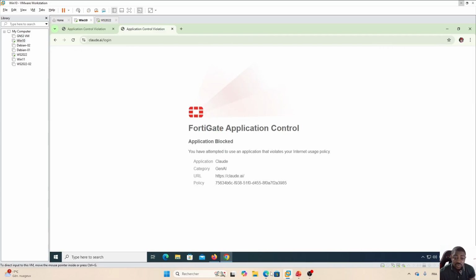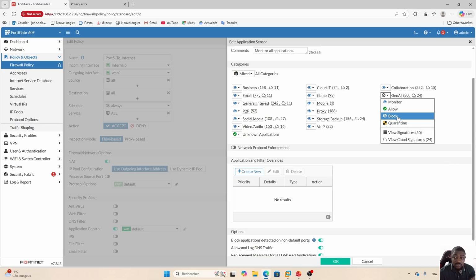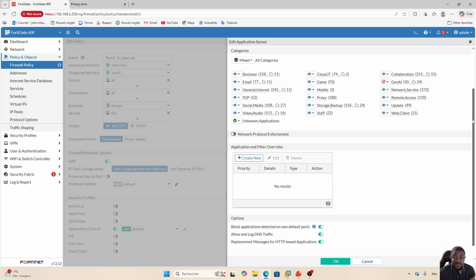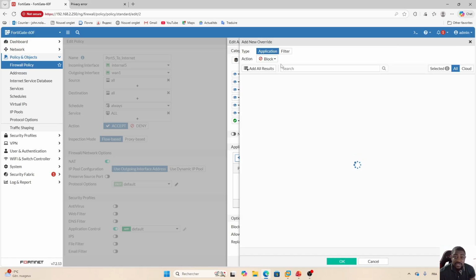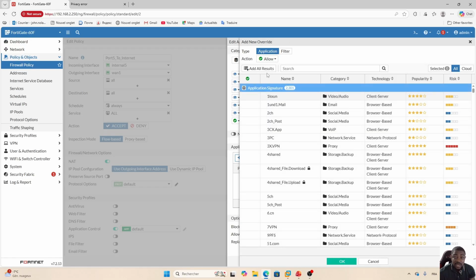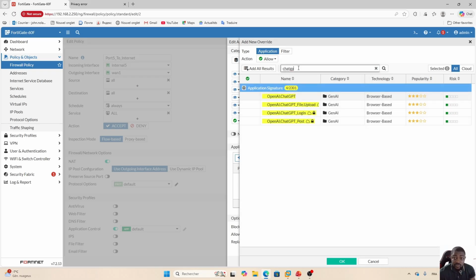What I'm going to do now is keep the category blocked, but this time we are going to allow a specific app. To allow a specific application under the same category, we'll go here under application and filter overrides. I'll create new. From here, what I want to do is allow. What I want to allow, I will search for ChatGPT. Okay, so OpenAI.ChatGPT. This one I would like to